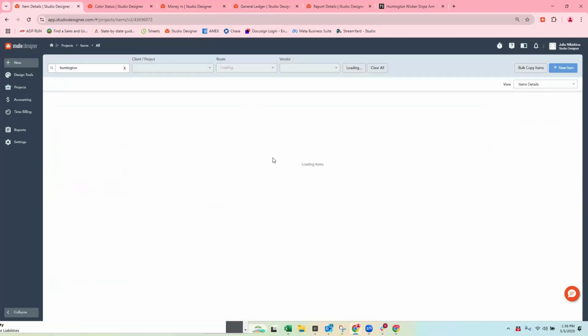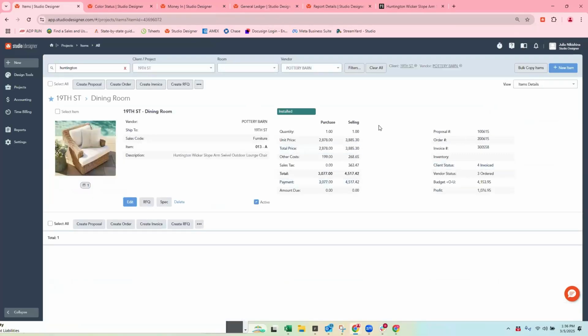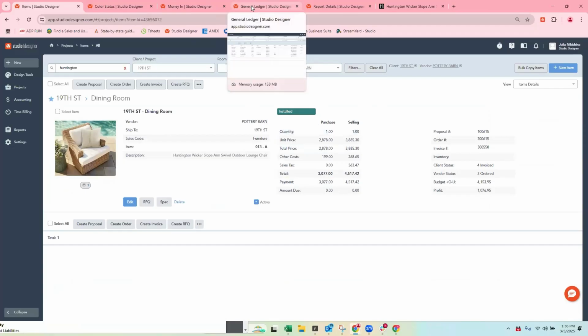Good eye. Okay, so we invoiced it. That also means we closed the loop on our accounting life cycle. This item is technically done. It is complete. It went from A to Z. We did all of the steps, we did them correctly, and we did them in order. But let's look to see what happened in our general ledger.